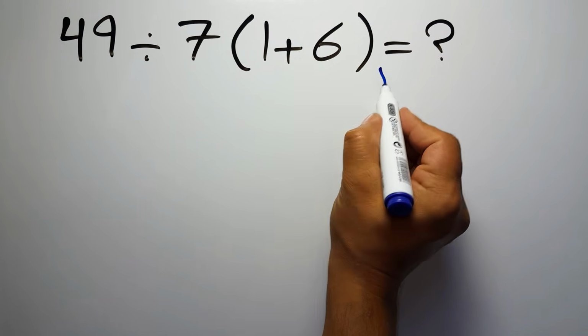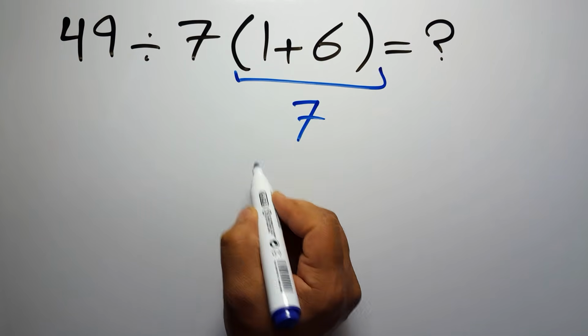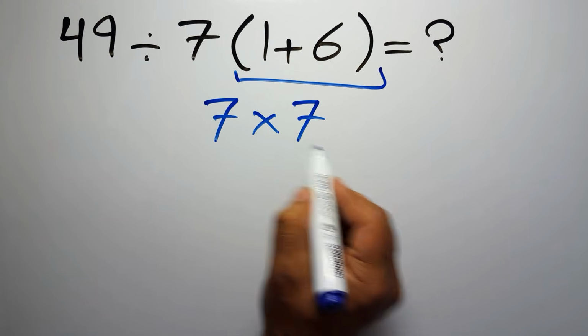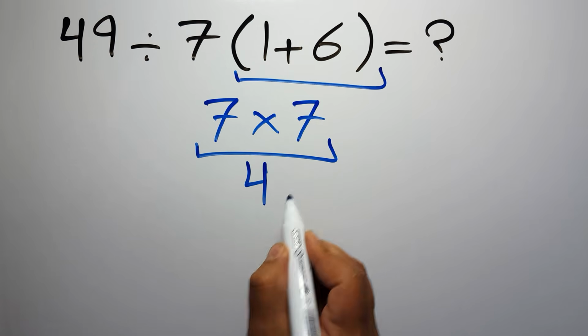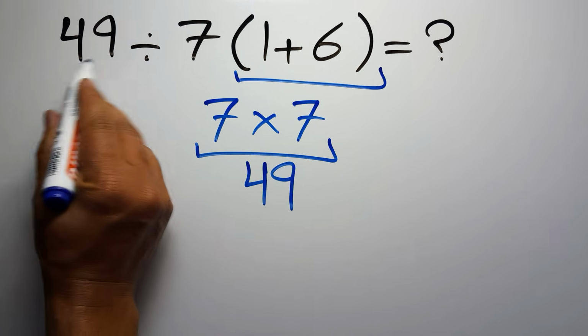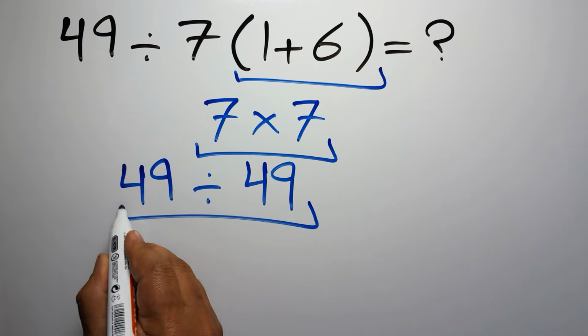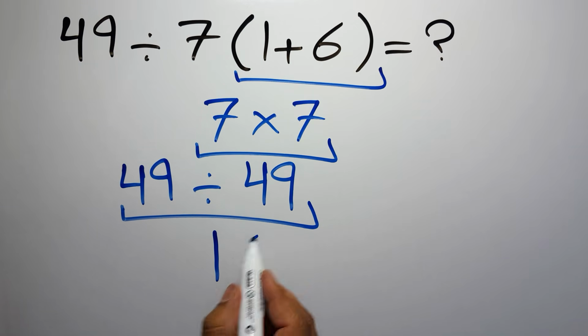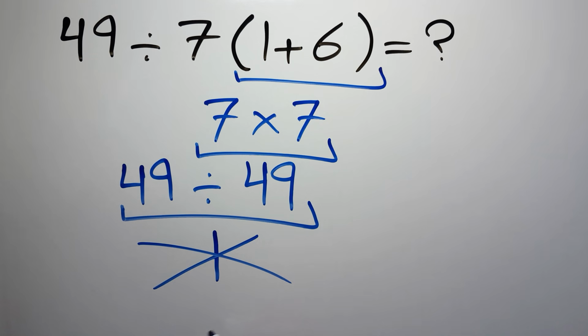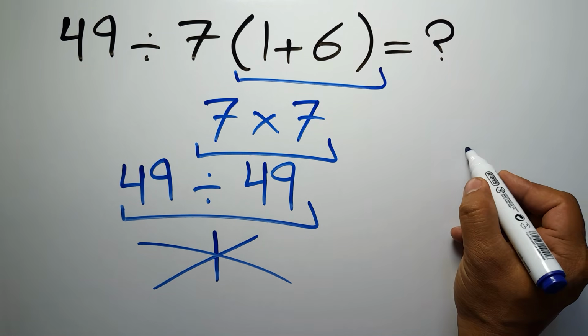1 plus 6 gives us 7. And 7 times 7 equals 49. So 49 divided by 49 is just 1. But this answer is not correct. Because according to the order of operations, which is PEMDAS,